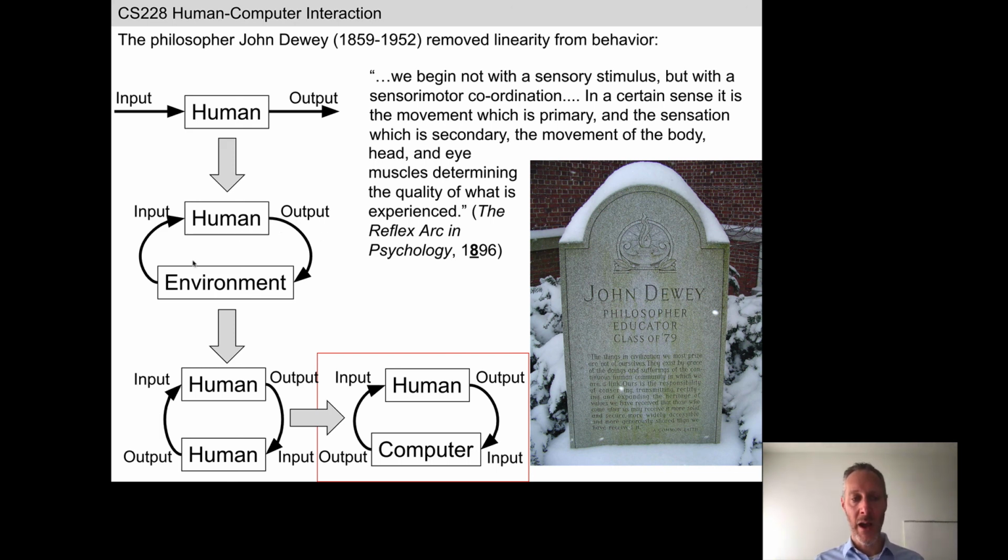However, thinking that way requires us to break our bad habit of thinking of behavior as linear or passive: input passively arriving at a human or a technology and being translated into output. In everything we do from now on in this course, we are going to try and think of this as a continuous loop. In a continuous loop, there is no real beginning and end, although Dewey did talk about action first, then sensation.